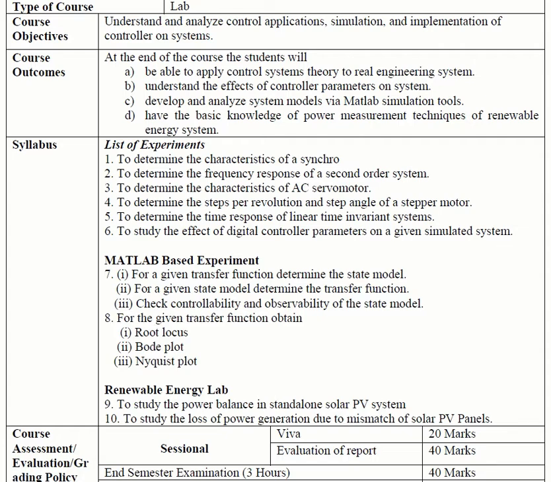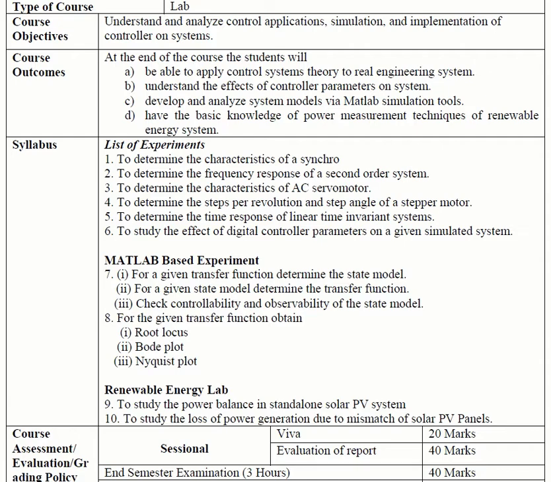But for the time being, since it's easy to execute experiments on MATLAB, I'll be discussing in this lecture, in this lab, experiment 7, and shall discuss the others later on. If you look into experiment 7, we have 3 parts in it. First of all, we'll determine the state model for a given transfer function. Second is, for a given state model, determine the transfer function. So we'll be moving in reverse from part 1. And the third is to check controllability and observability of the state model.